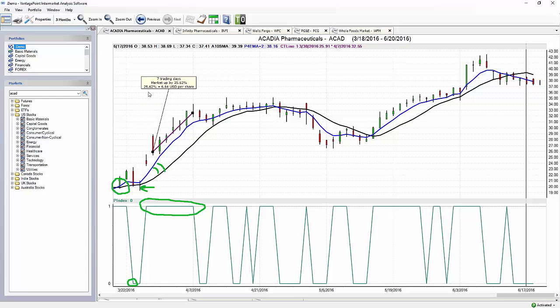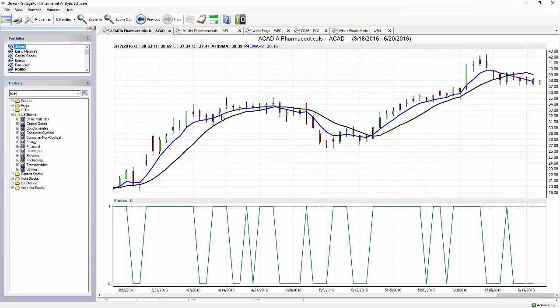Your neural index moves back down to a 0, and we get a little sideways action in the market, and we also see that the blue line and the black line, our predicted and our actual, are pinching closer and closer together. Now, additionally, you're going to see this period of time here. The overall direction is still up, but you see your neural index, that 2-day forecast, saying, look, over the next